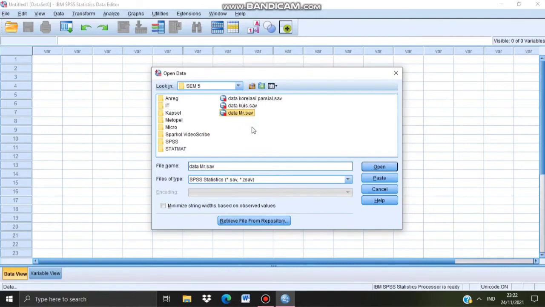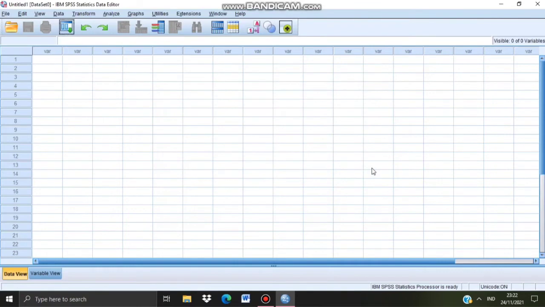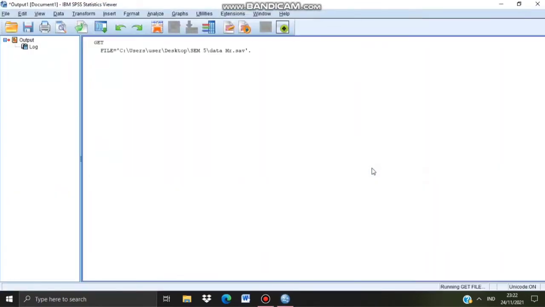In this time, I have created the data mini research because we use the same data mini research. And click Open. Then the data will appear.